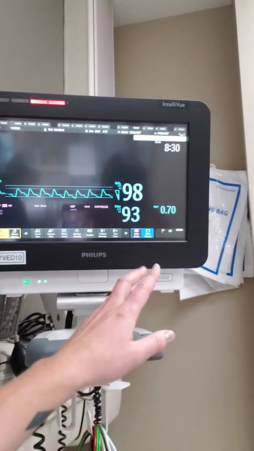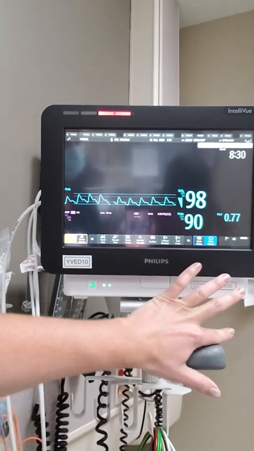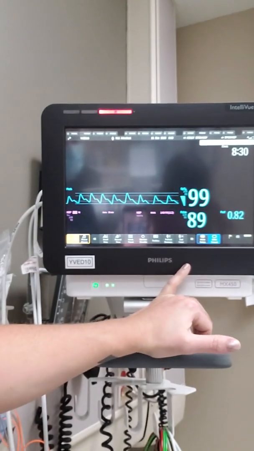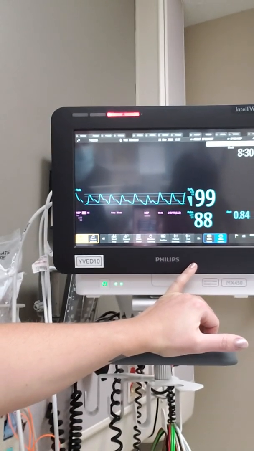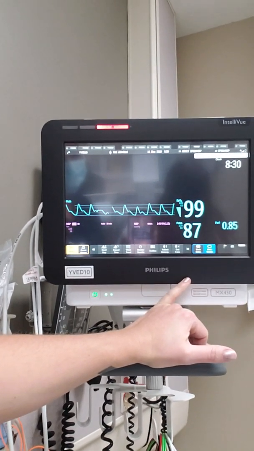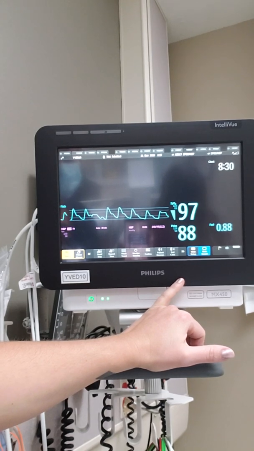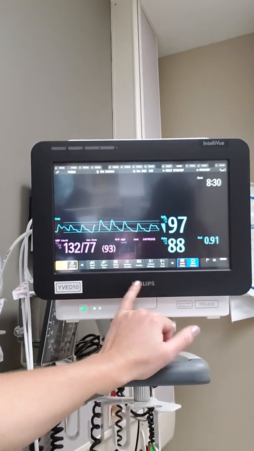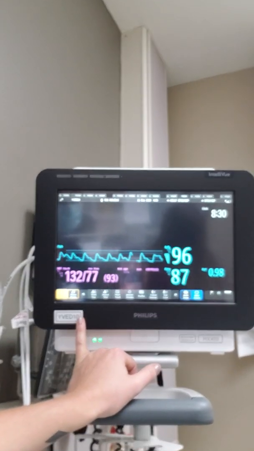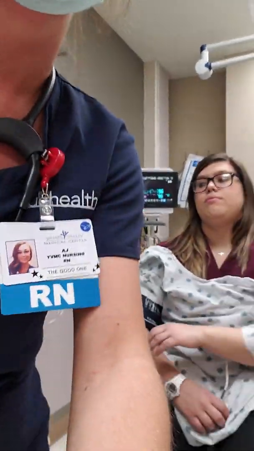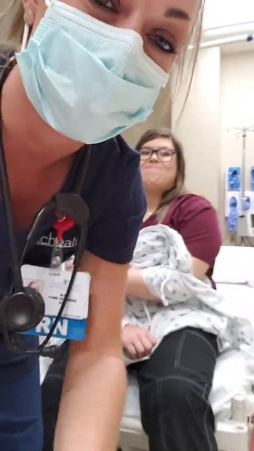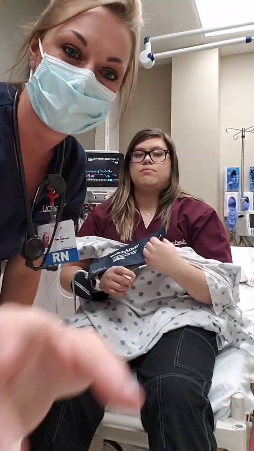And her pulse on here is a little bit higher than it was when I auscultated it, which is a really good example for why you auscultate. And you don't always depend on your equipment, you always look at your patient first. Don't treat the monitor. And then obviously her blood pressure is much better, 132/77. Just like I said, patients get a little nervous when they first come into the ER, so it's always good to reassess that last blood pressure. So that is my comprehensive head to toe assessment. Thank you for watching. That is all.